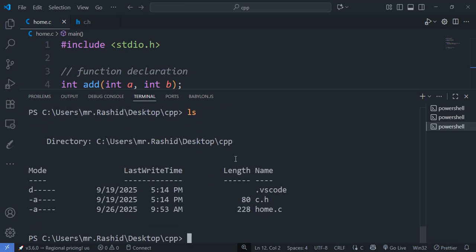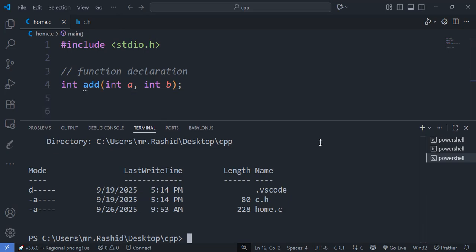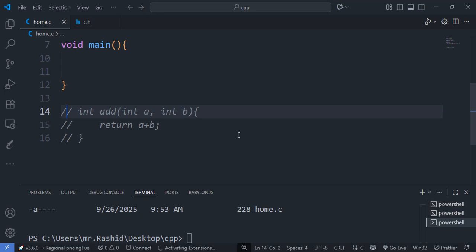Let us first delete the executable that we have. Do we have an executable? We don't have. Okay, which means our code has generated an error. Okay, we have got an error. So let us try to